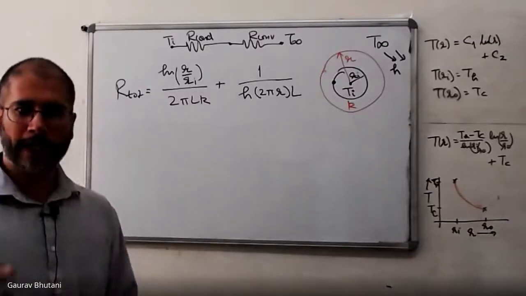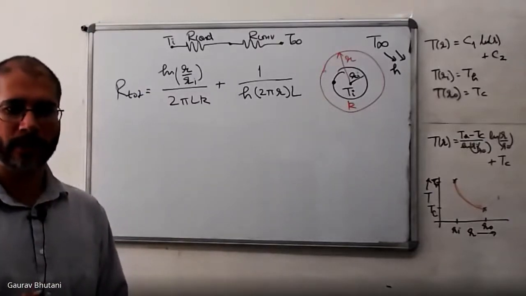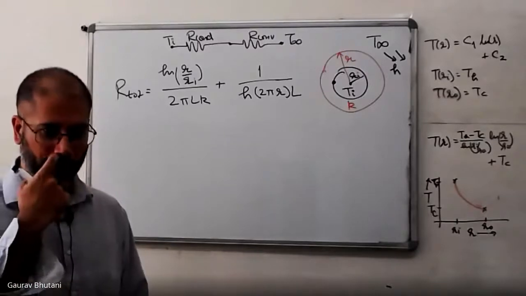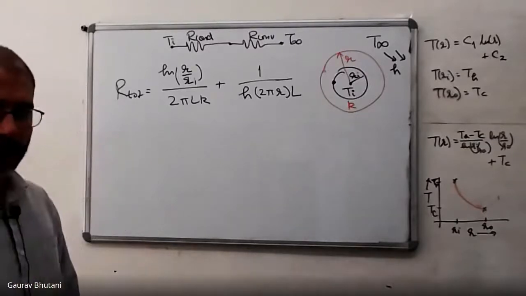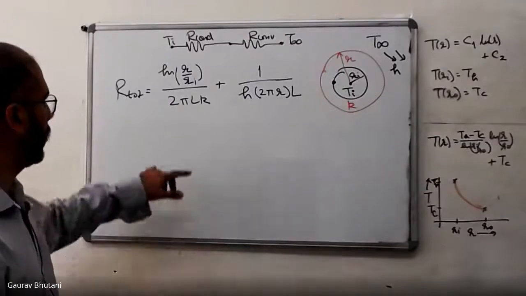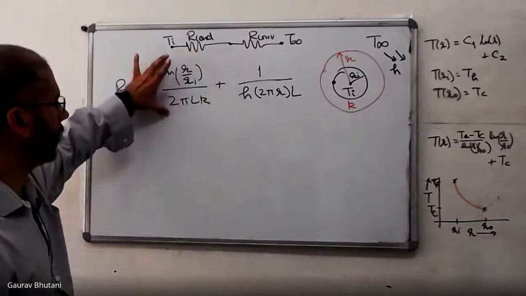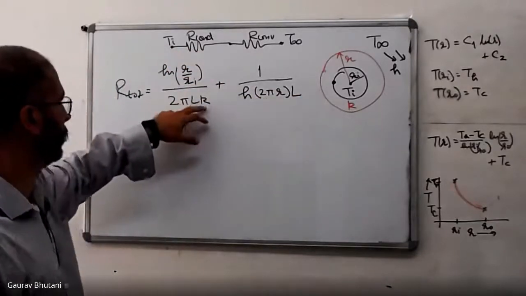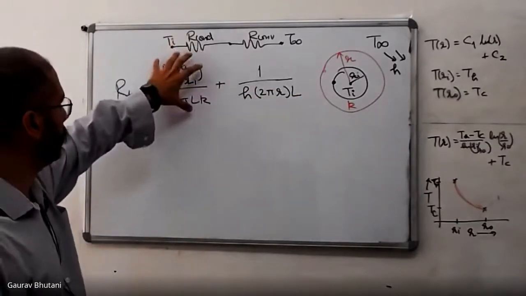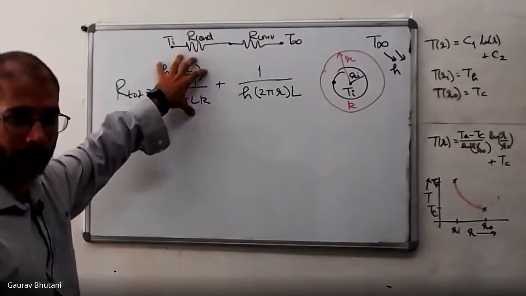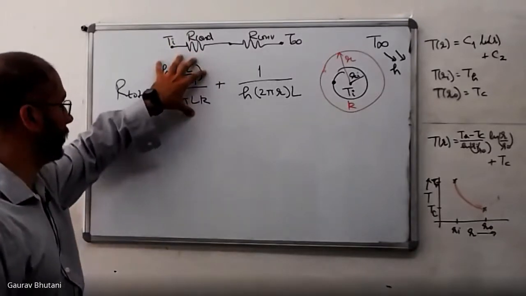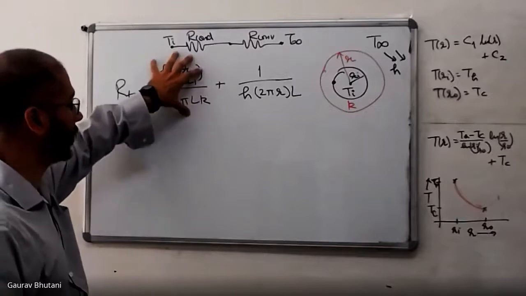Now remember, when you insulate something, the idea is to increase the thermal resistance. That's the idea of insulation. So when I insulate my pipe, I'm supposed to be adding some resistance. Earlier this was not there at all because there was no insulation, so there was no thermal conductivity K. So this term has been added. So what you've done is you have increased the total resistance, the conduction resistance here.